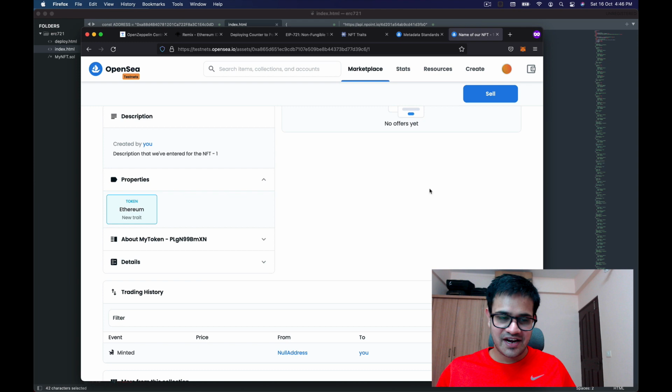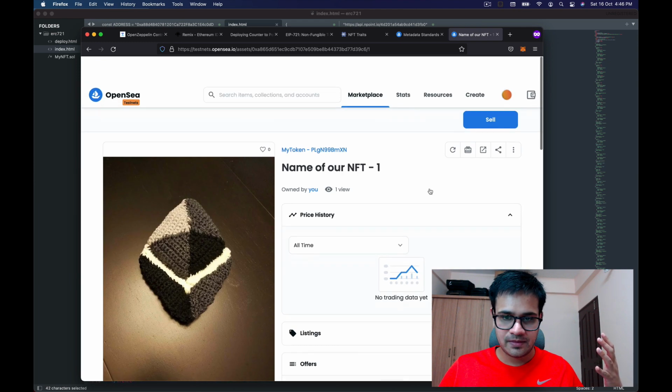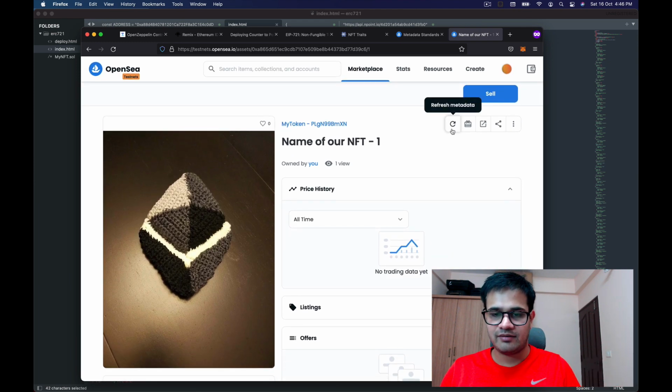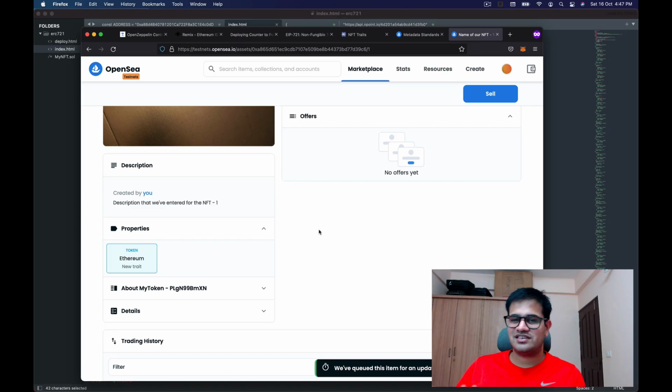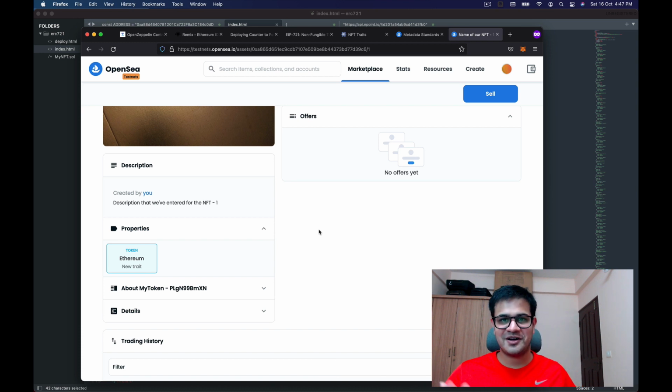All right, with that out of the way, I hope the metadata should have refreshed by now. I'll refresh the whole page, and after that I'll show you how it has worked. OpenSea is generally a little slow with updating the properties and metadata because it needs to fetch it from the APIs.